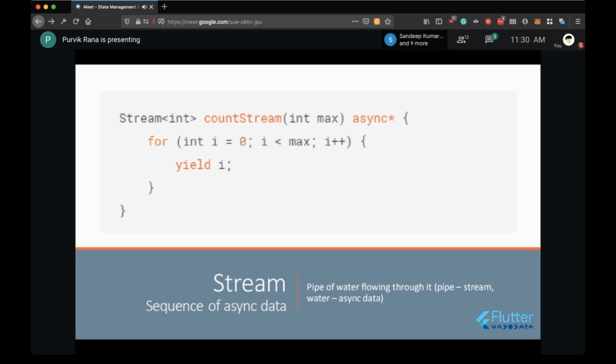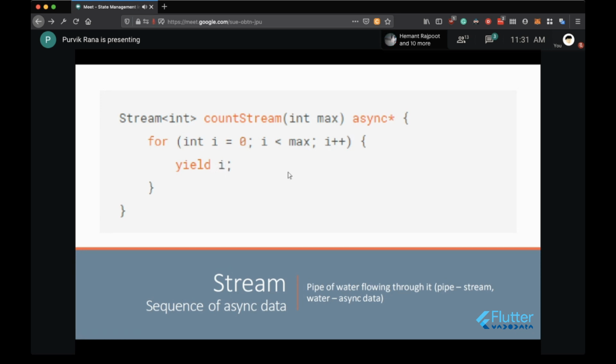Async star is one particular keyword, and if we assign it to this particular function, then we can yield different values from this function. And this function has the return type of stream of integer. So it can yield the different integers from this particular function.